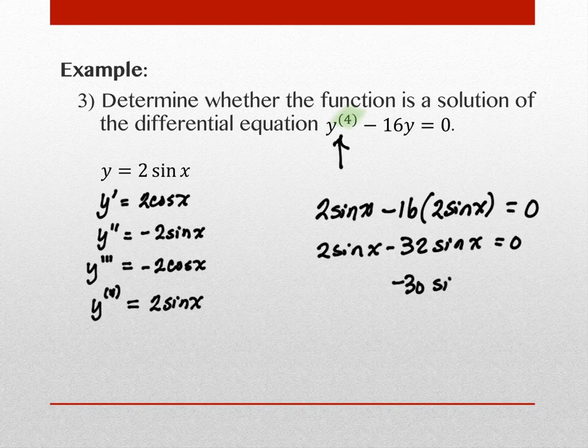Negative 30 sine x. And more pointedly, you don't get 0. Now, are there x values that make this equation true? Yes, there definitely are, but that's not what we're trying to show. We're trying to show an identity, right? That it's perfectly identical on the left and on the right, and it simply isn't. So this one is not going to be,